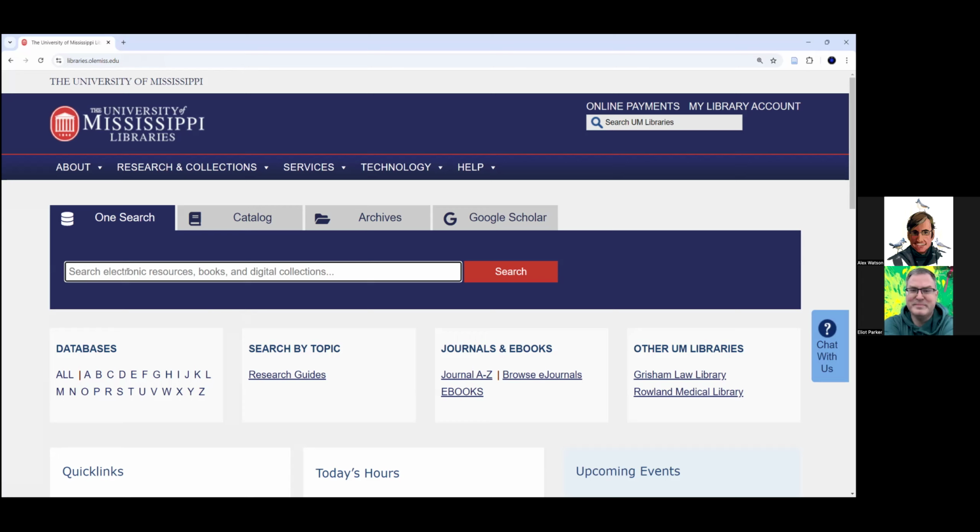Now, one of the things to keep in mind is you'll want to think about the search terms, or keywords as we call them, that you enter for your search. Now, obviously, one of the terms that you're going to be using is going to be the name of your company. For instance, we can look for Amazon. Now, if you just do a search for Amazon,